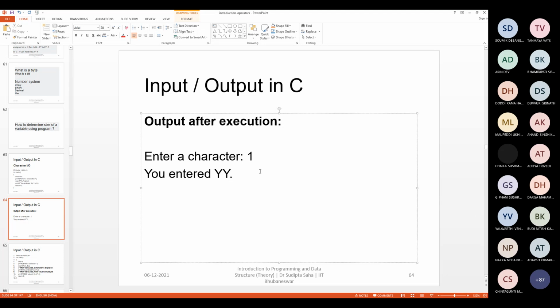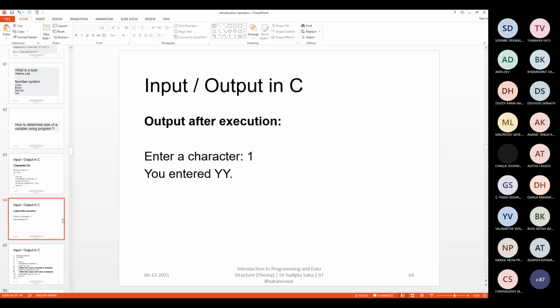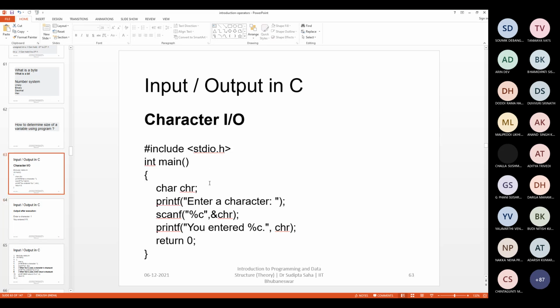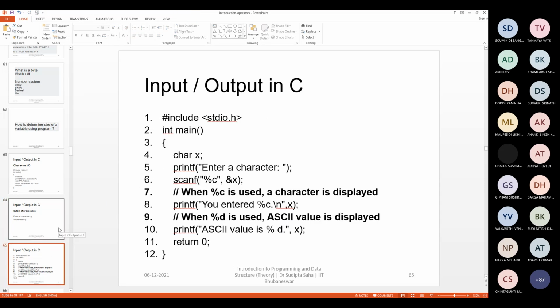Okay, although you have typed 1, it is printing some different value. That means that when you type 1, the ASCII value of 1 is derived internally and stored inside this variable CHR, which you are printing in the next statement. This is a very important concept for everybody. It is a starting concept. You should understand and realize it. Do some experiments on your home laptop and get convinced about it.